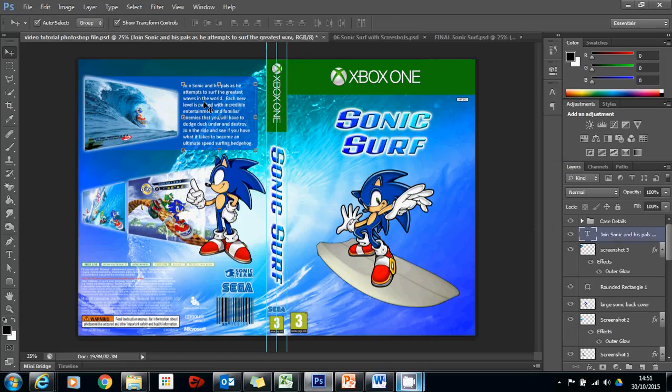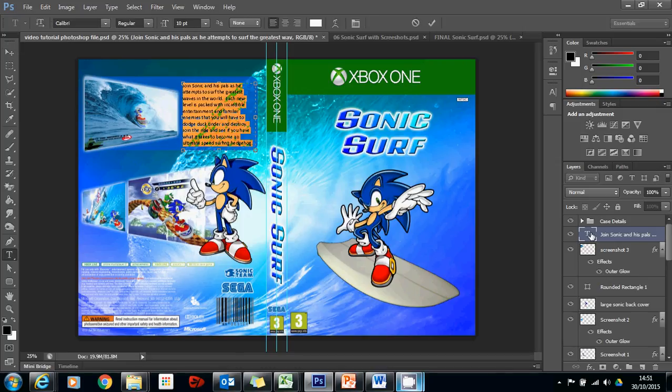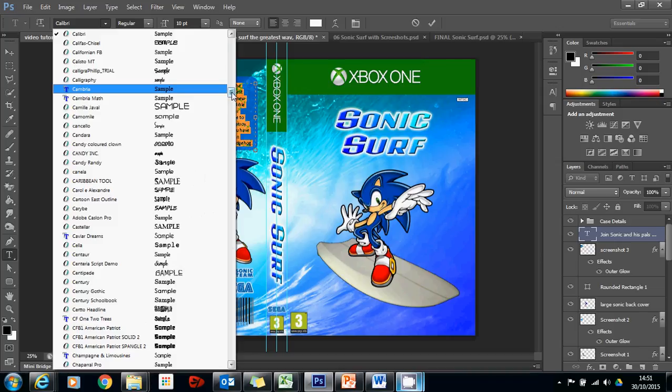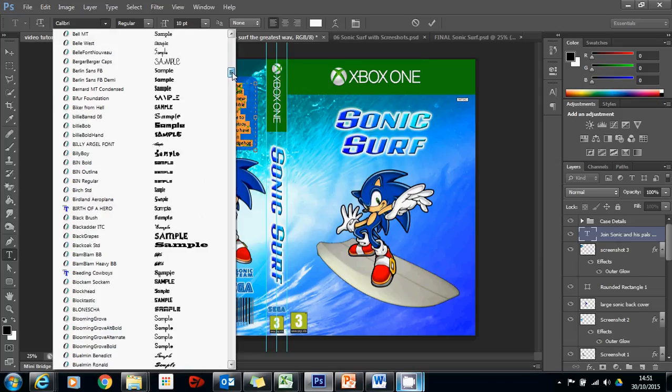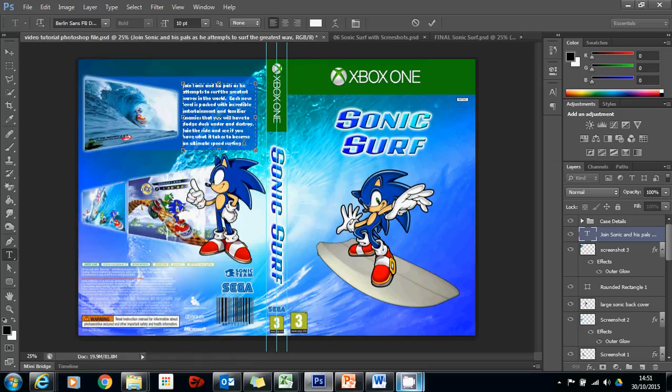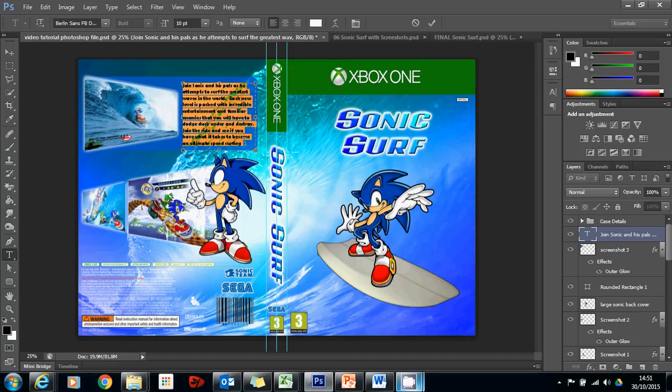Now that I'm happy with that, I can think about the font a bit more. If I double click the T, I can go back in and edit the font. Now for this one, I did have a font in mind. You can obviously go and have a look. You can go and find one that you think is going to be suited and test it. I'm going to have a go with this one, Berlin Sans. It's a lot bolder and I think it's going to work very nicely for my text,